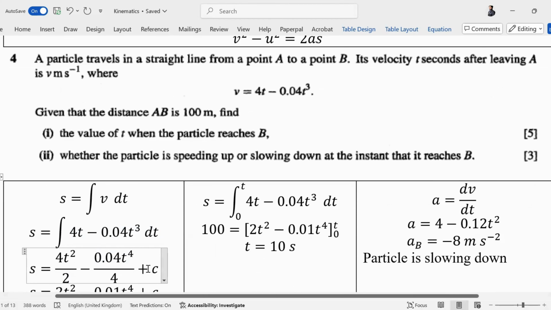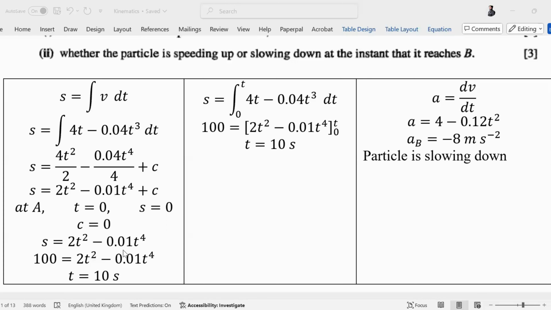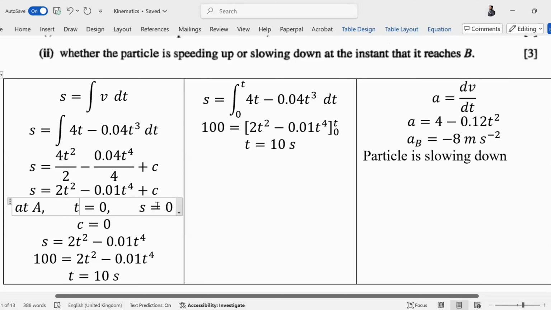When there is no definite integral, तो plus c हम हमेशा लगाएंगे. Be clear with this. हाँ. How will we find c? We know when we started the experiment, time was 0 and s was 0. Plug in both as zeros and find c. Always put a plus c. Never ignore plus c when you have indefinite integrals. So when you put t as 0, s as 0, you end up getting c as 0. So this is your equation of displacement.